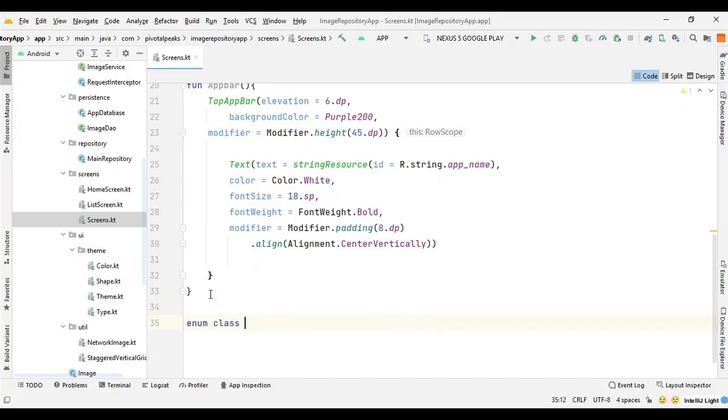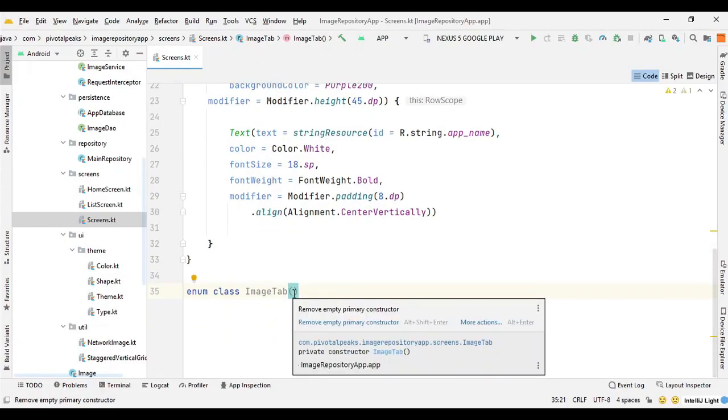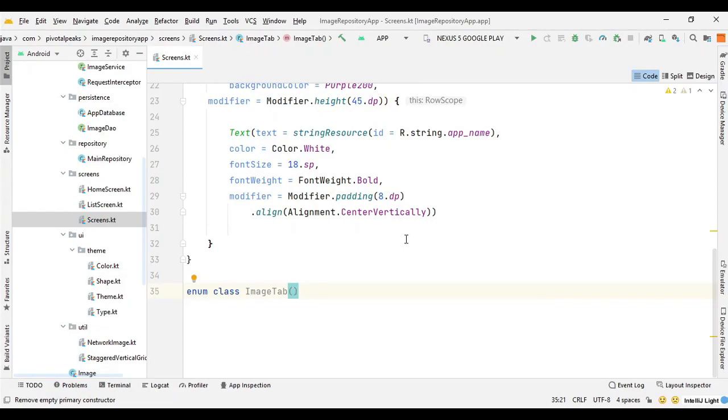So enum class, we can say image tab, and we need to provide the two parameters for title and icon. We will use the titles from the string resource file, because we should not hard code string variables.